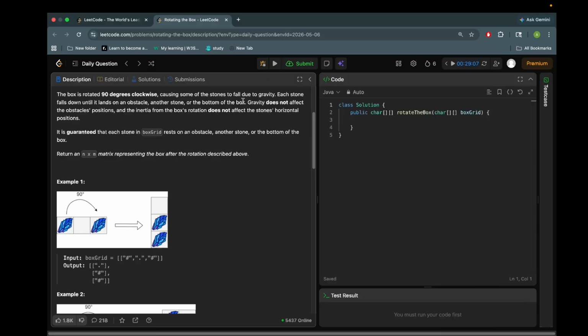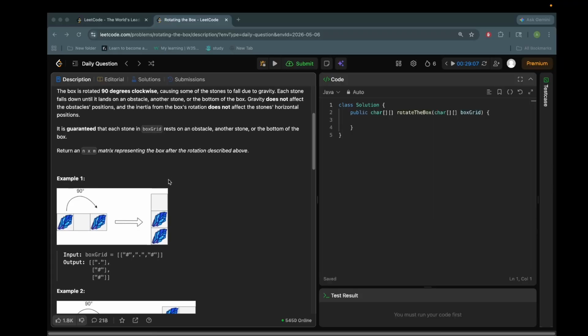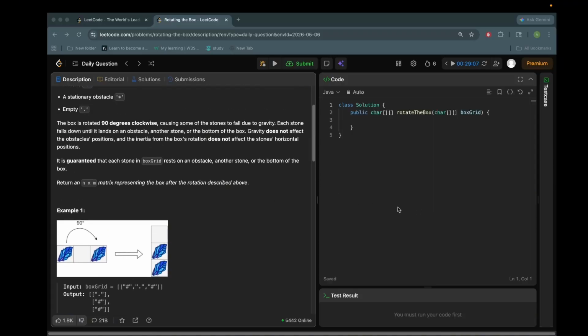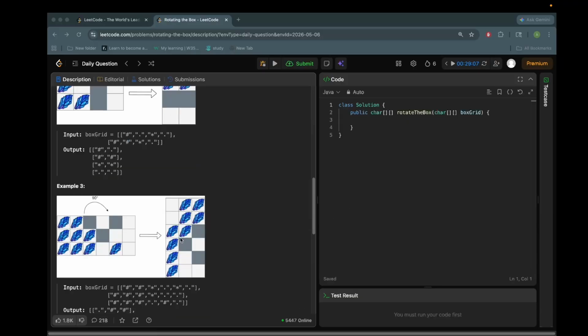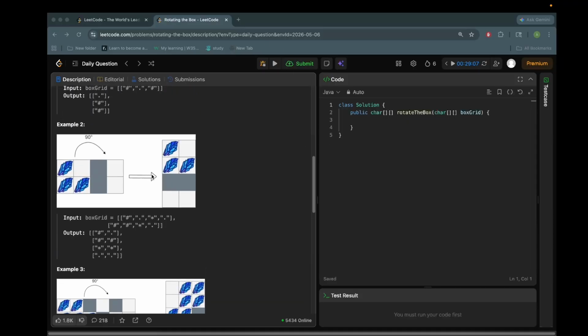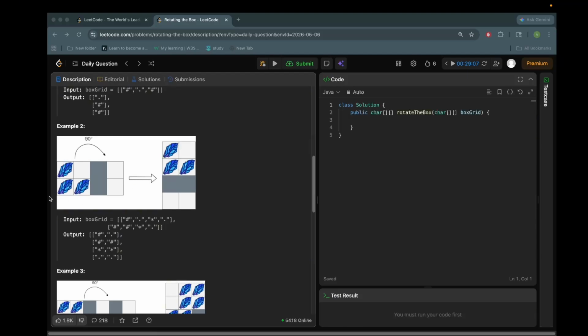So the stones start to fall down due to gravity. So what I'm thinking is, let's say I take each row as is, and